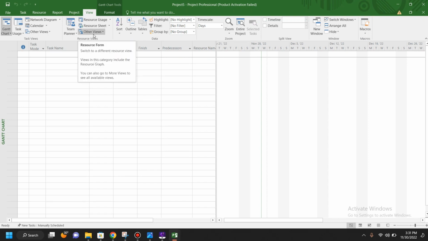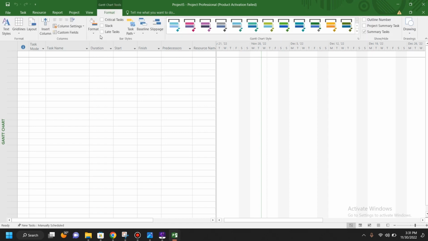This view table gives us multiple views of the project, like resource view, cost view, tracking Gantt chart, plan Gantt chart, so that we can create one single platform and we can discuss multiple views and check all the dimensions of our project. And finally, we have a format, which is just formatting your font and formatting your Gantt chart mode. Since this is a crash course, we will be quickly going through the ribbon, and we will be discussing one by one as soon as the need comes in,